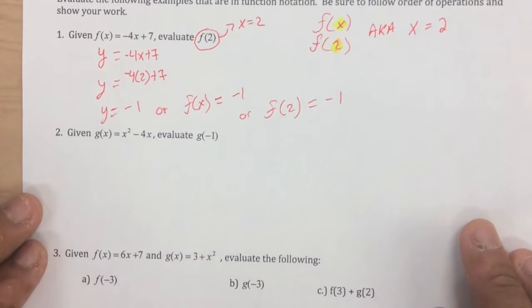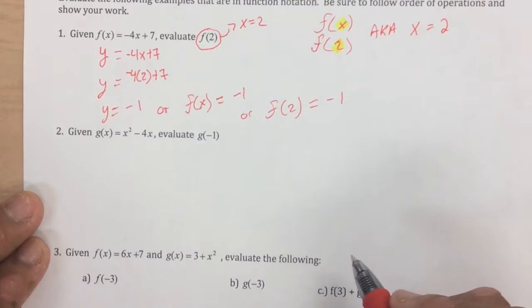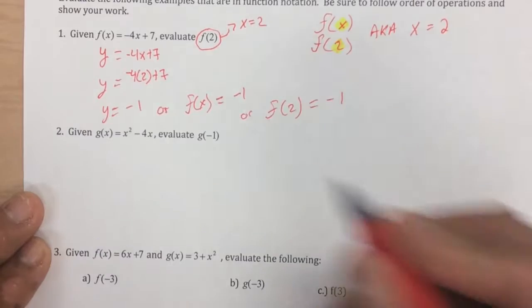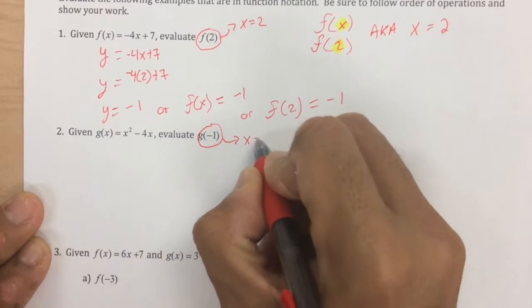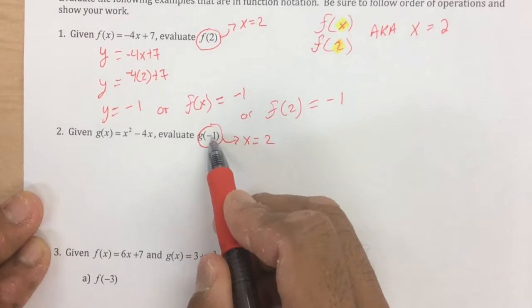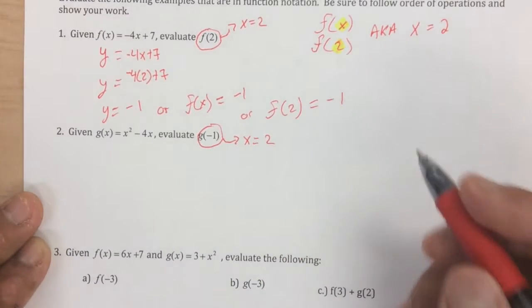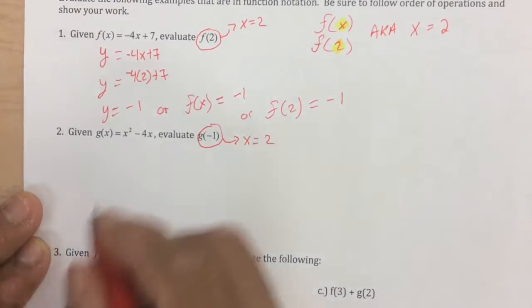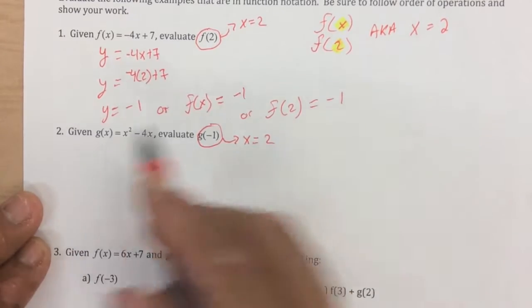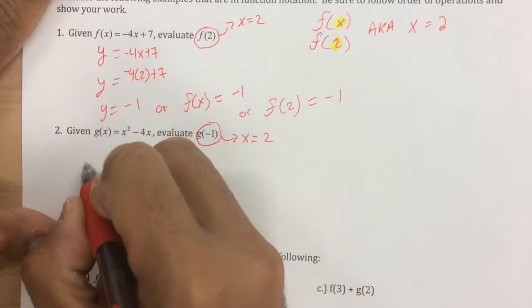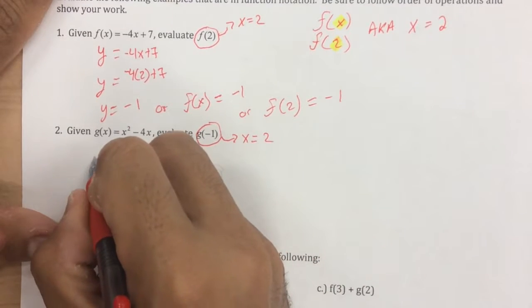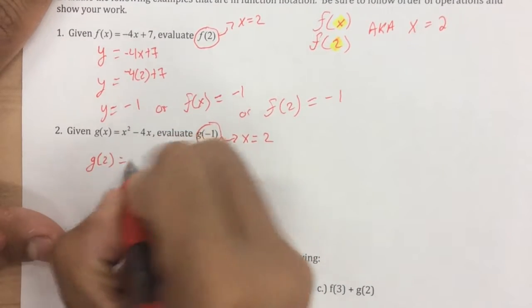Okay. Number 2, given that function, evaluate g of negative 1. Well, you know this means x equals negative 1, because you see the negative 1 is in the place where the x is supposed to be. So that means I'm going to plug it in. Now this time, I'm not going to change g of x into y. I'm just going to leave it like that. And I'm going to say g of negative 1 equals